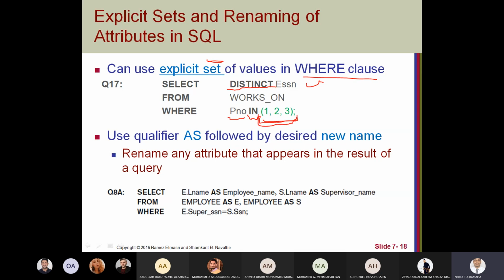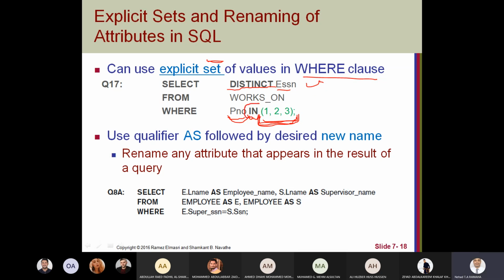For example, if I want to return employees who work on project 1 and 2 and 3, I know the project numbers, that's easy. I can return the employee ESSN if his project number is in this set of values. So this compares against a set of values.